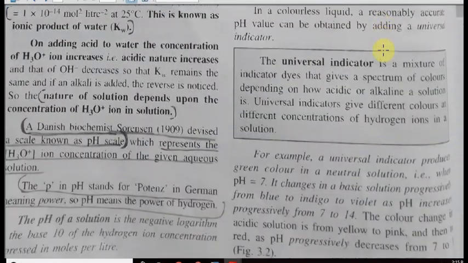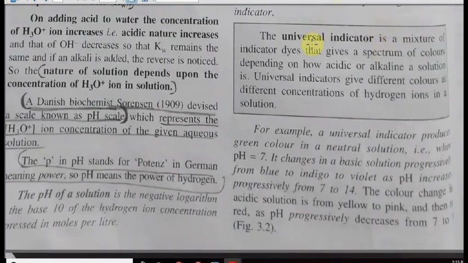As we are discussing this acidic and basic nature, please check. If an acid solution is given, and another acid solution is also given, and you test them with litmus, it will give you red color, but this red color only indicates that it is an acid. It will not tell you whether it is stronger or weaker. So another type of indicator was devised, which is called a universal indicator. It is a mixture of dyes which gives a different color at a different strength of solution.